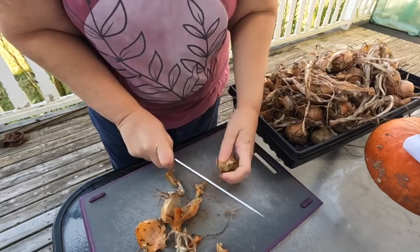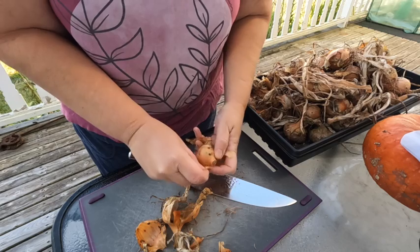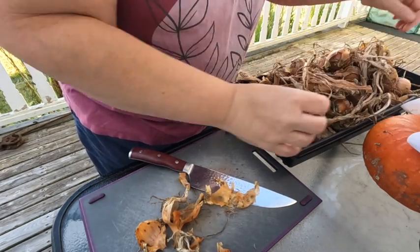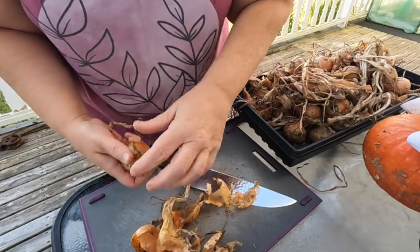Now, I did leave these in the greenhouse way too long, which means I'm going to have some in here that really have to go. There's nothing I can do about that. All right, guys, I'm gonna clean these up and then we'll continue on